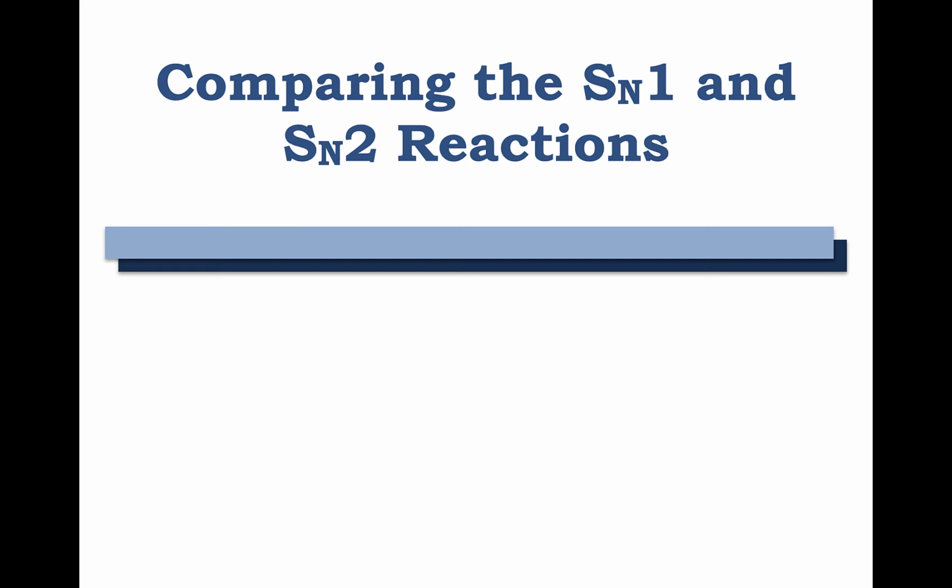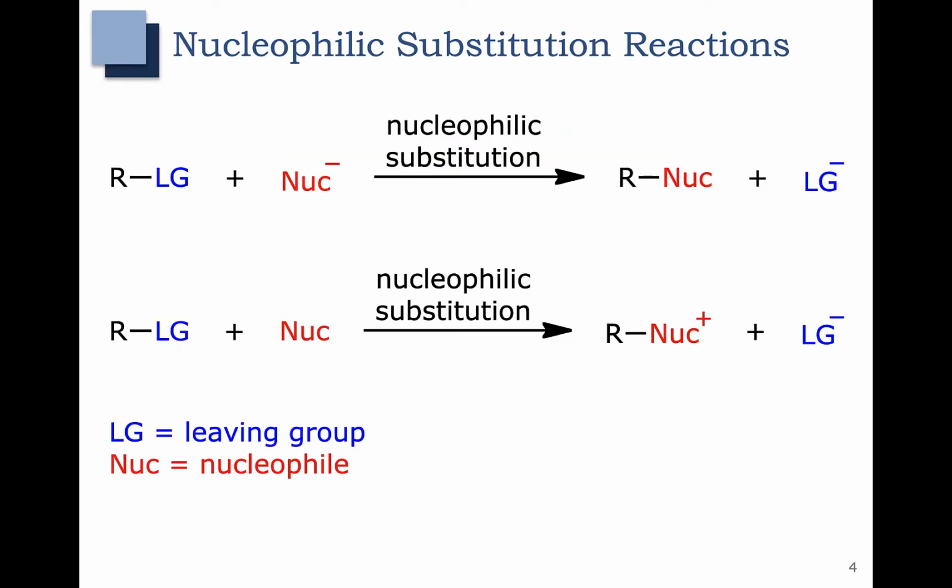In this video, we're going to compare and contrast the SN1 and SN2 reactions. The SN1 and SN2 reactions are both types of nucleophilic substitution reactions. Remember that in a nucleophilic substitution reaction, a nucleophile, shown here, is going to replace a leaving group, here in